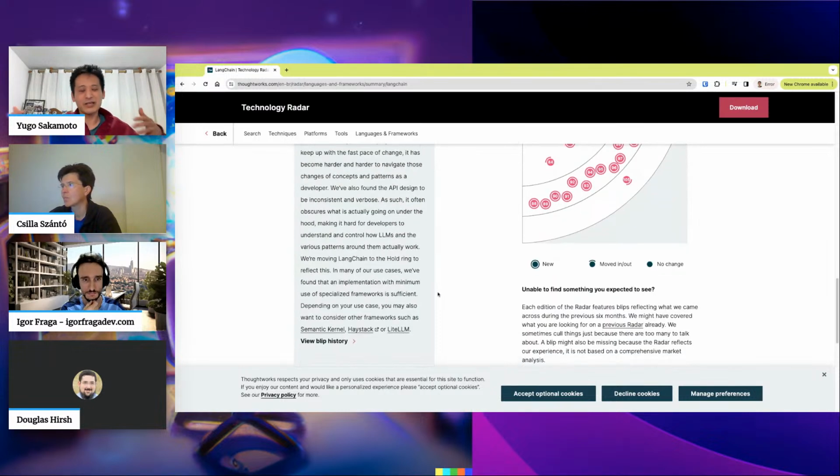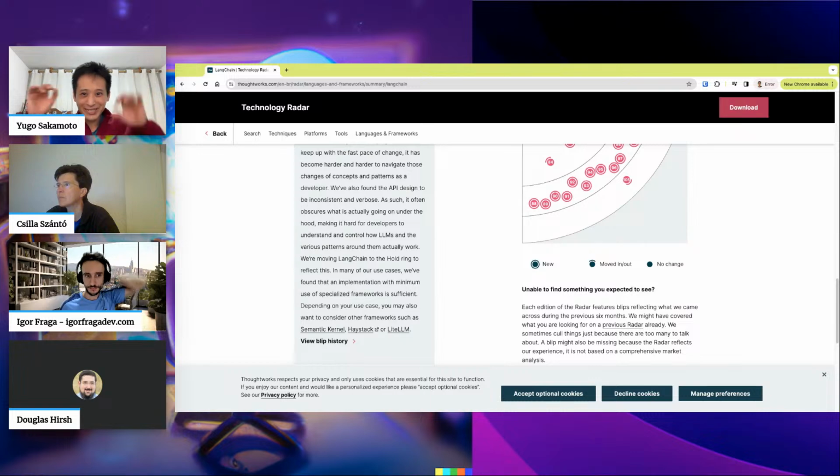So everything is very new, and it's not surprising that the wind changes direction and we're going to have lots of other frameworks and languages that can rise from nothing. So as Douglas mentioned, Semantic Kernel, Haystack and LiteLLM are some of the other frameworks and libraries that we can try out.